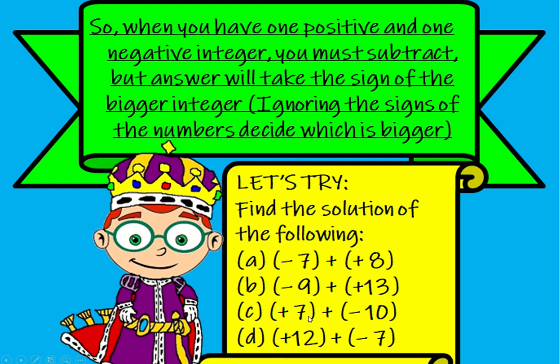Now come to the next, plus 7 minus 10. Both are unlike. Unlike says subtract. So 10 minus 7, I know, is 3. But which sign will come? Negative sign will come because 10 is bigger with a negative sign. Be careful about the sign whenever you are talking about like integers or unlike integers. Like integers say add and unlike integers say subtract. So you have to try these questions also in the notebook.